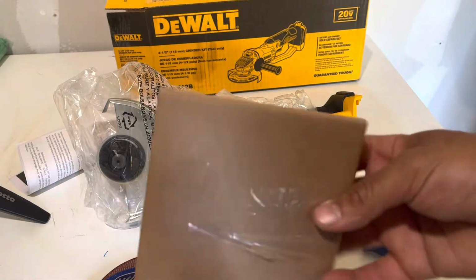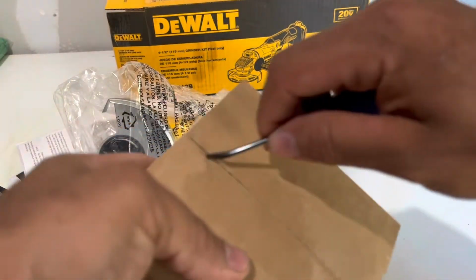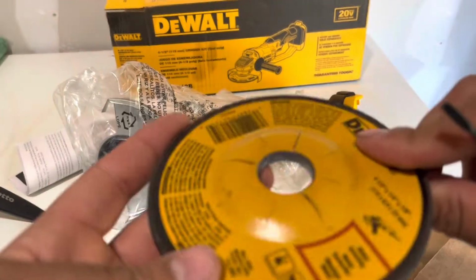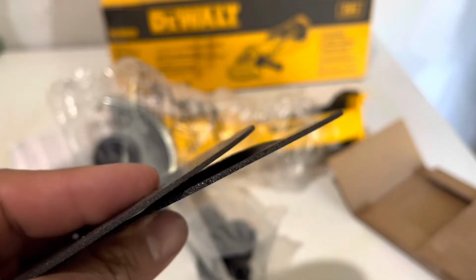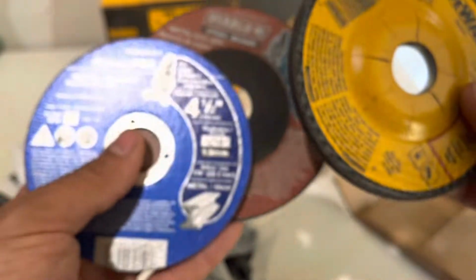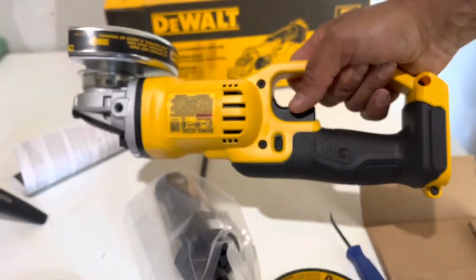Oh, lo and behold, it does come with a couple blades, but I got some other ones just in case. And this is a beefy blade in comparison to both of these little thin ones that I got. It comes with a really beefy one, so most likely I didn't have to buy any of these smaller ones, because the Dewalt came with a really beefy looking one. The actual tool itself,